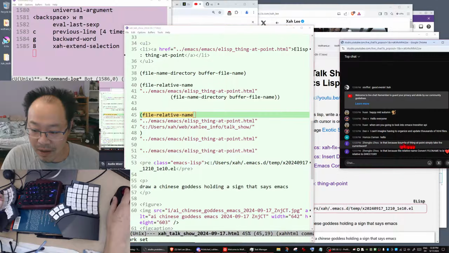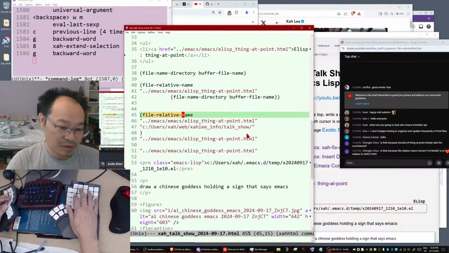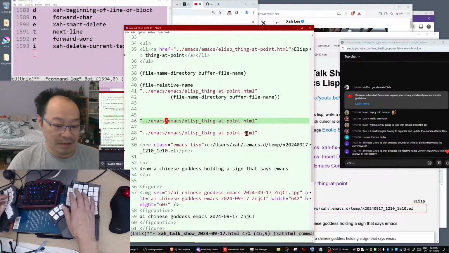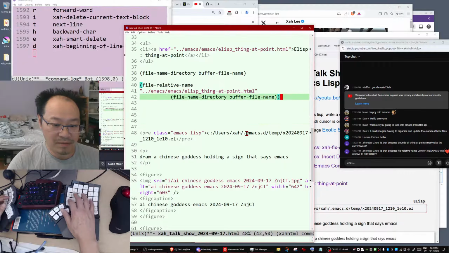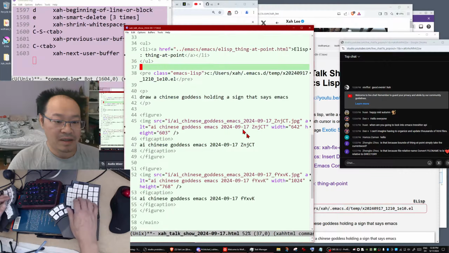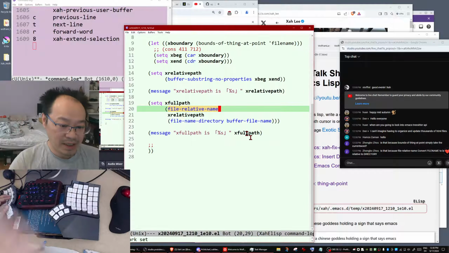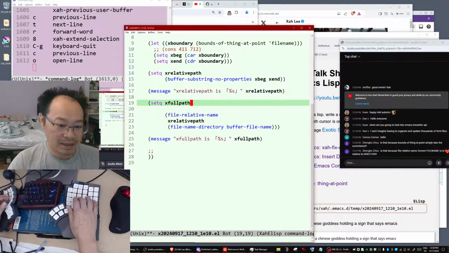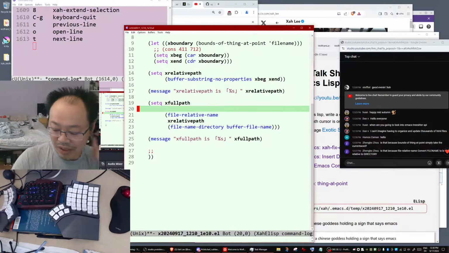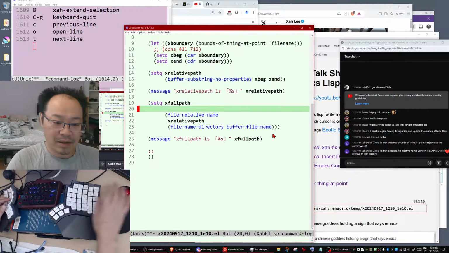Yeah, you are onto it. So yeah, we called the wrong command. That's basically it. So let's remove that. It's my error, my silly mistake. Obviously, it doesn't work because we are asking for relative name. We should be asking for a full path. Okay, so we want to turn relative to full path. So how do you do that?